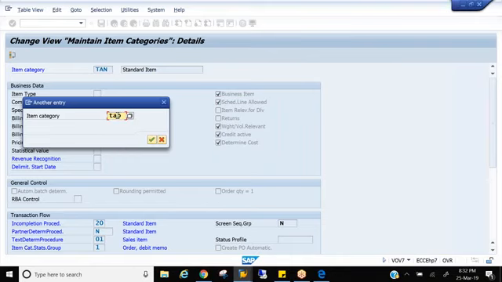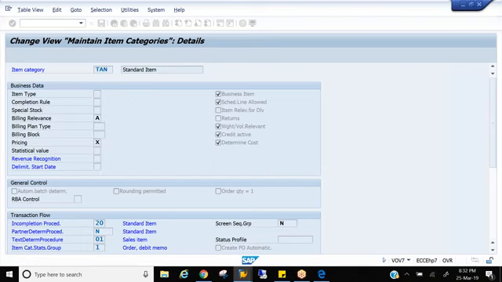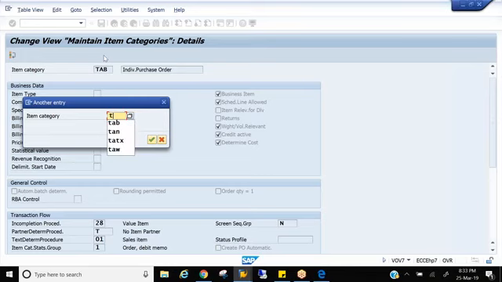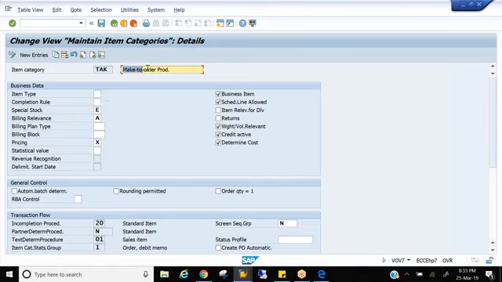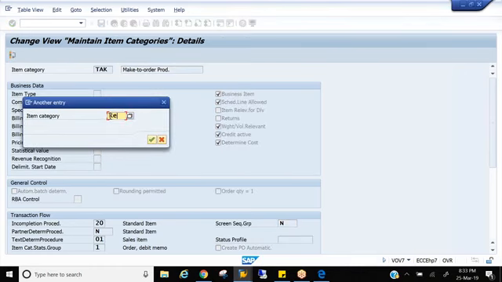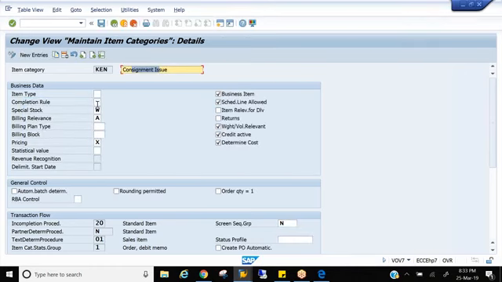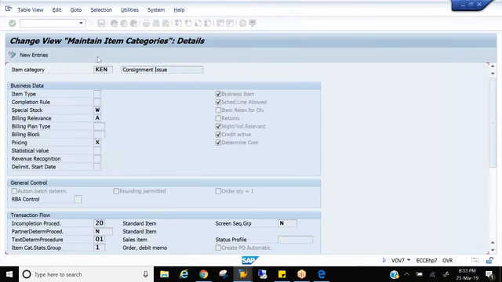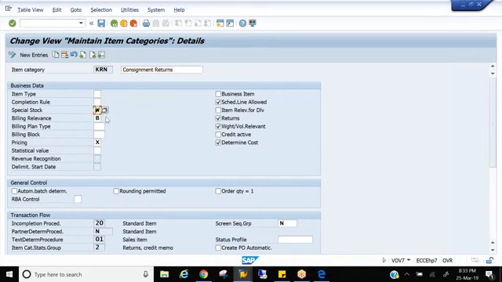TAB is the individual purchase order item category, and for that it will be maintained as E. Special stock indicator E. Make to order, TAK, it is also E. For both the processes IPO and make to order, that is TAB and TAK, it is E. Consignments, KEN, consignment issue, it is W. Consignment returns, KRN, also it is W.